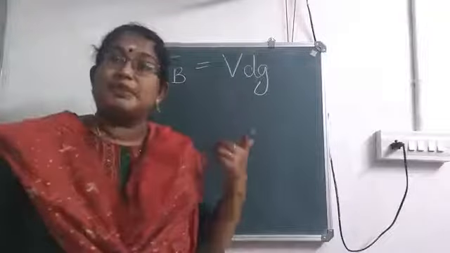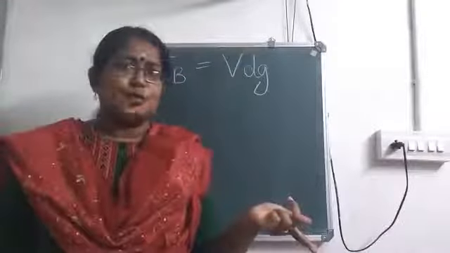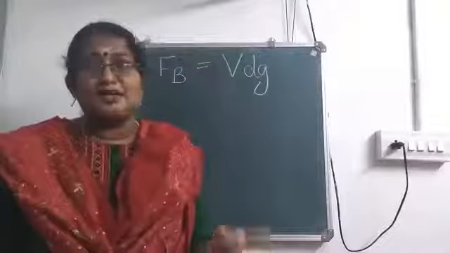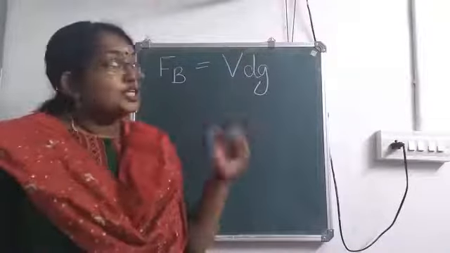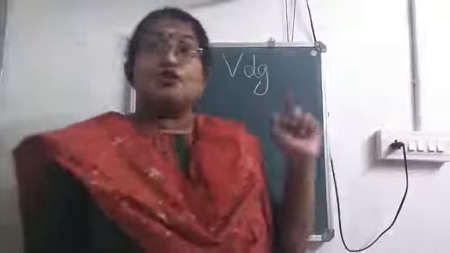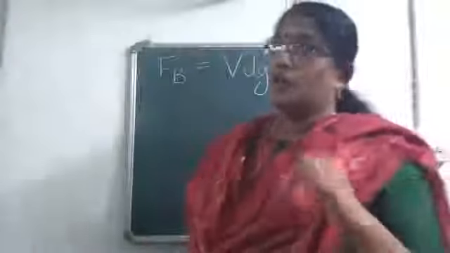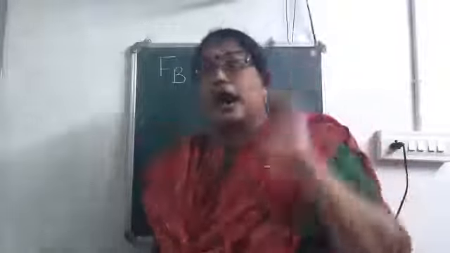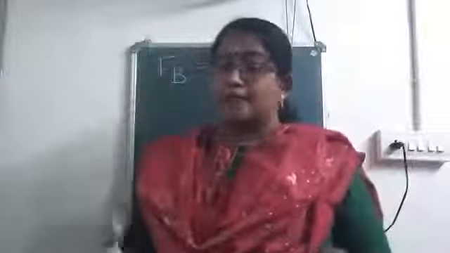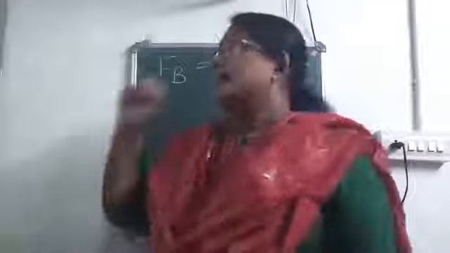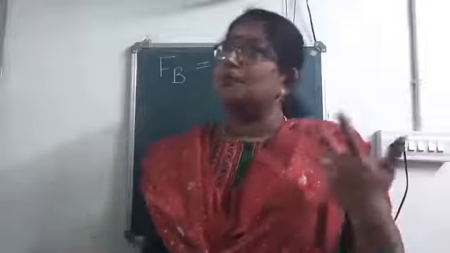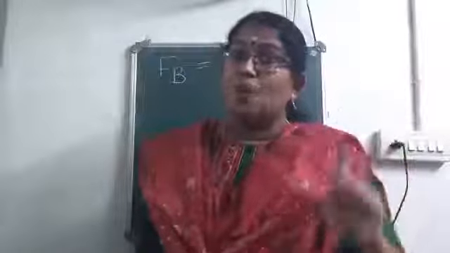First one is capital V. What does V stand for? If it is small v, normally we will take it as velocity. Capital V means volume. Here V is the volume of the immersed part of the body. When you are putting a body in a liquid or a fluid, how much volume of that body is immersed in that is considered as V. So if you simply write V as volume, you won't get the mark. V is the volume of the immersed part of the body.